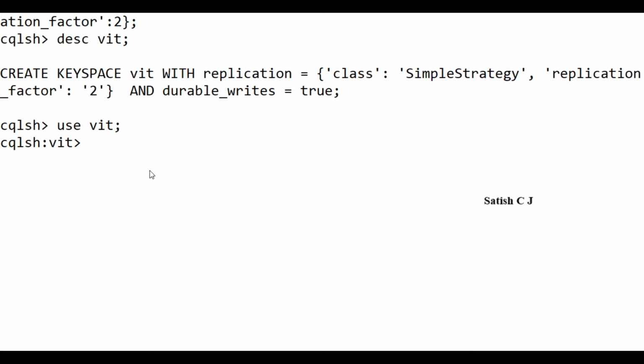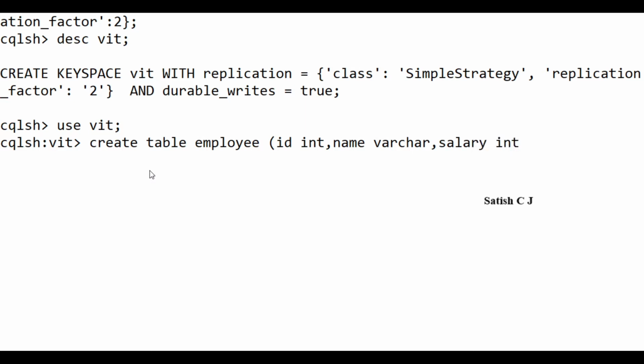And one thing that is important is whenever you create a table, you have to mention the primary key in the table, or else you're going to get an error. Let's create a table employee, and we'll have the ID to be of integer and the name to be of a variable length character, and we'll have a salary column which is also of type integer. So now what I am missing here is I have not mentioned the primary key, which is mandatory. We mention the primary key as PRIMARY KEY, and our table is getting created.